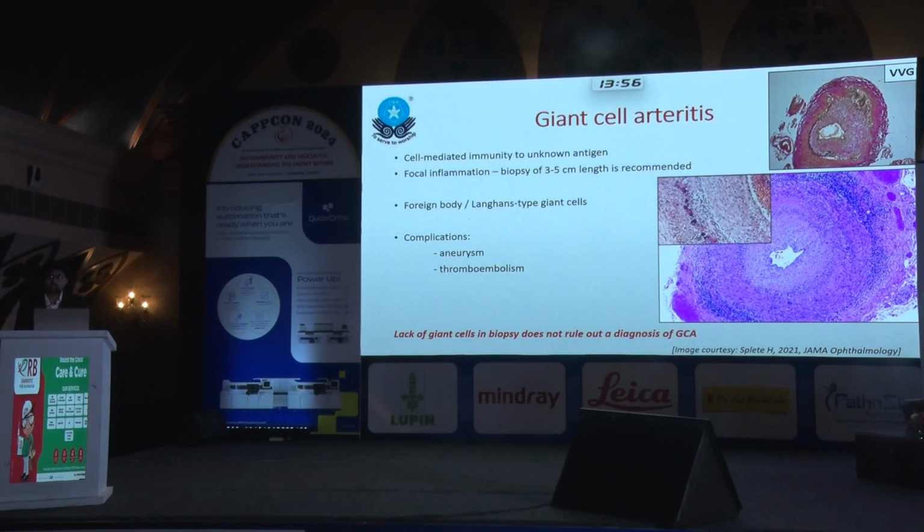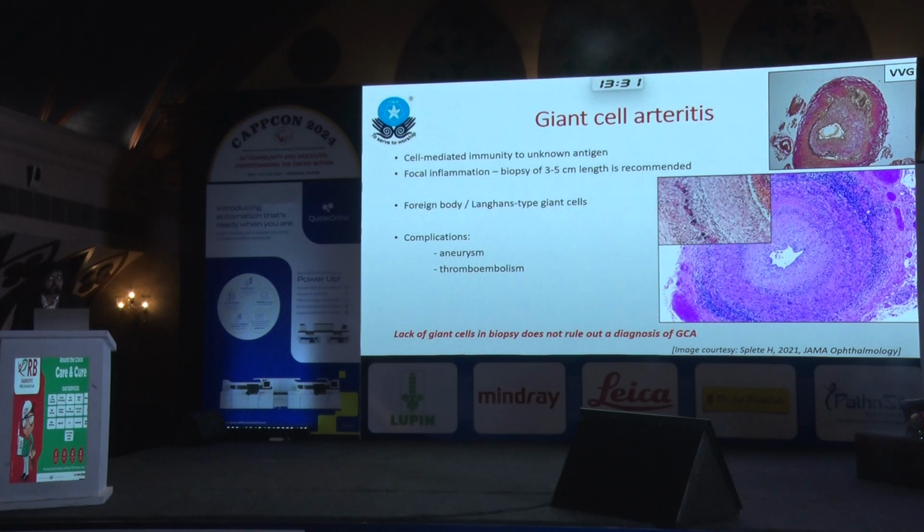There is cell-mediated immunity to unknown antigen. Inflammation can be focal, so a biopsy of 3 to 5 centimeter length is recommended. As the name suggests, it is characterized by presence of giant cells, usually foreign body or Langerhans type of giant cells. Histology shows the intimal hyperplasia here, dense infiltrates in media and adventitia, loss or disruption of internal elastic lamina